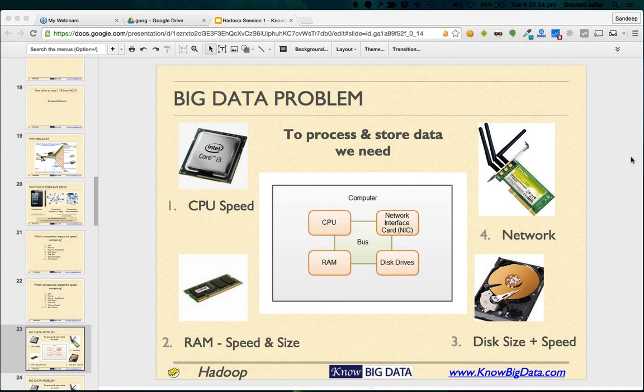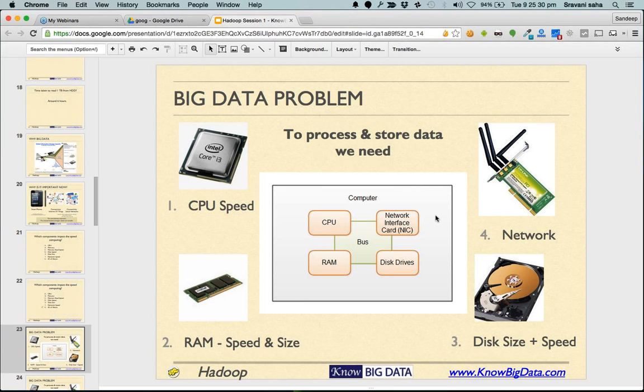All right, now when the data keeps on growing, you end up storing data in other computers, meaning in the network, and therefore automatically the focus shifts to the network when we deal with big data. Therefore network speed matters a lot when we talk about computing, when we talk about distributed computing.